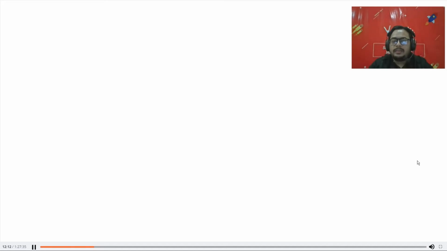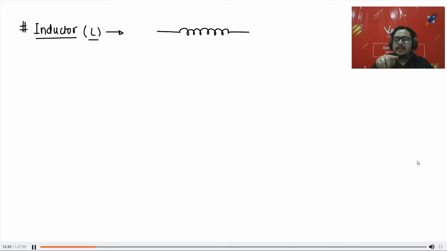Because I am going to write something, Gautam. That is why there is a blank screen. Yes, in form of electric field. Absolutely correct, Harsh. So now third type of electrical instrument you are going to study, which is called inductor, and symbol we use is L. Now the inductor looks like this. Like a spring. Like resistor is zigzag, capacitor is two plates, and inductor is something like this.